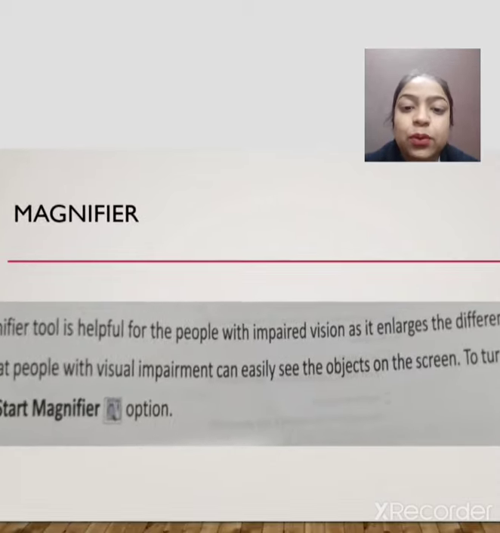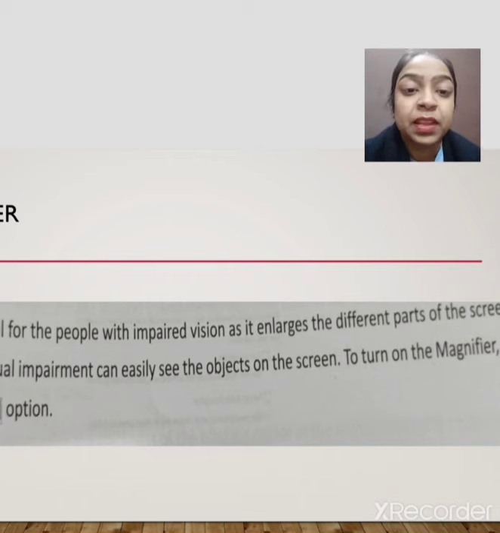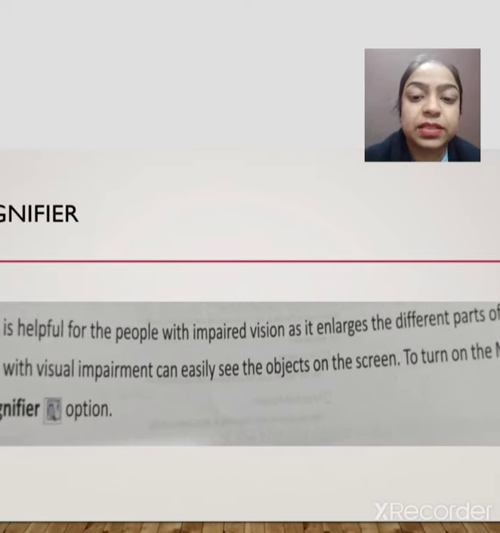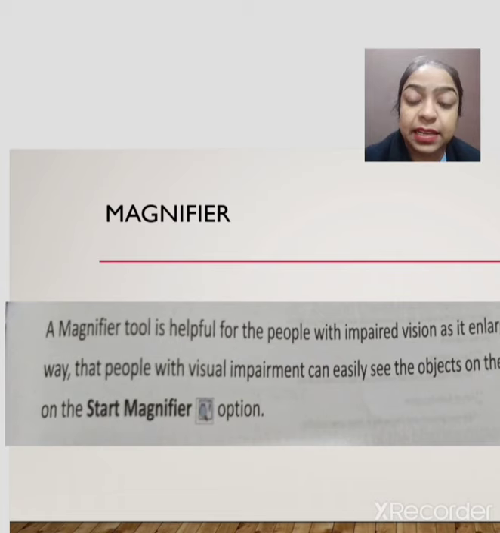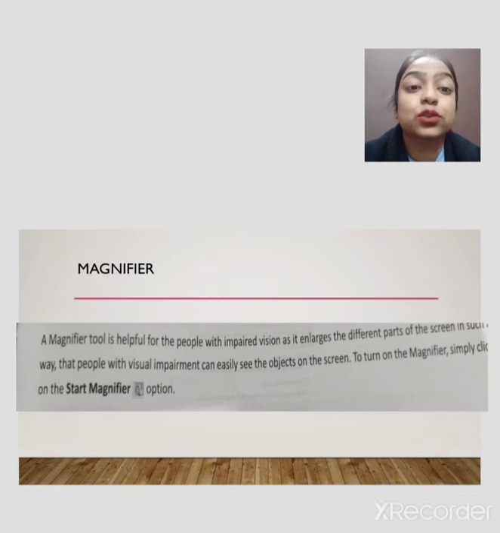A magnifier tool is helpful for people with impaired vision, that means who have a visual impairment. For that purpose, they can use the magnifier as it enlarges different parts of the screen, so that people with visual impairment can easily see the objects on the screen. As you all know, it is zoom in and zoom out.